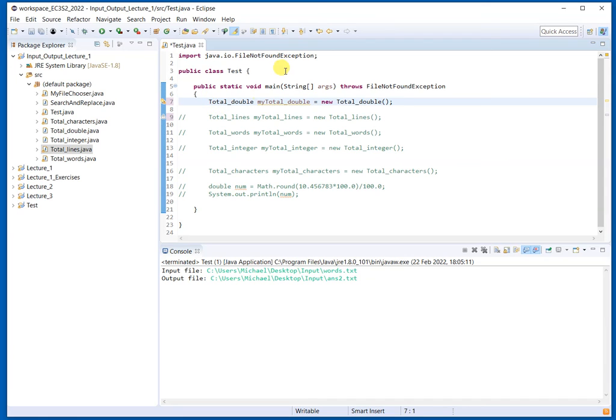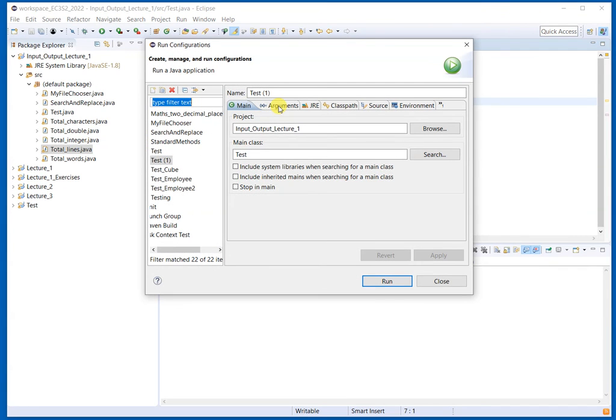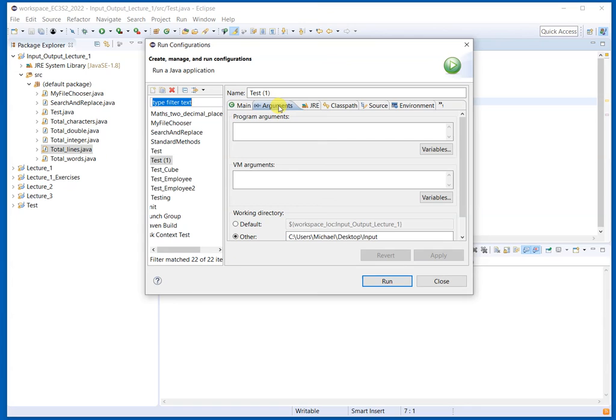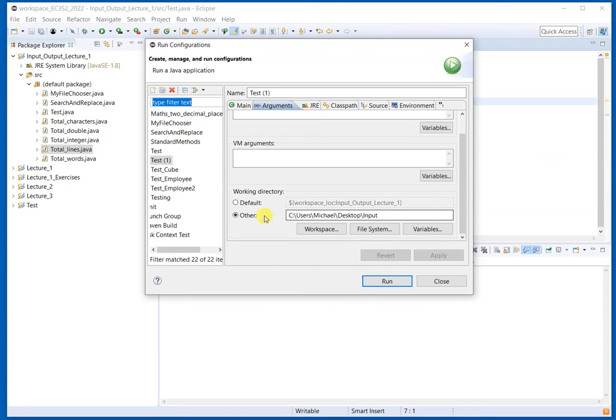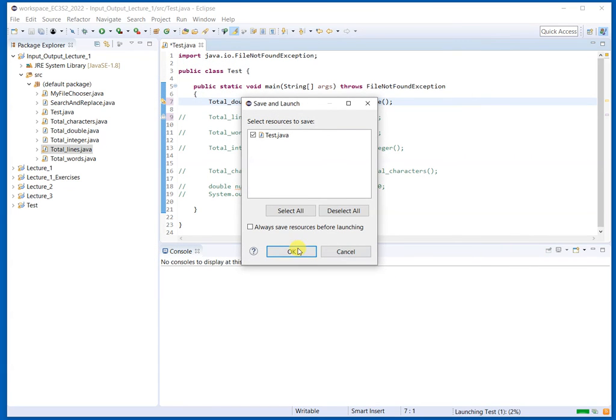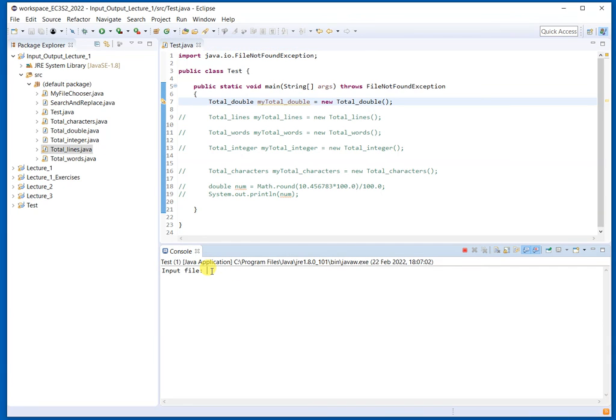So when you want to run the main method, rather than just clicking there, you can go to Run Configurations. If you go into the arguments there, I've already tested this, but basically you paste in the directory where you're working all the time. And then, input file, and it was called doubles,